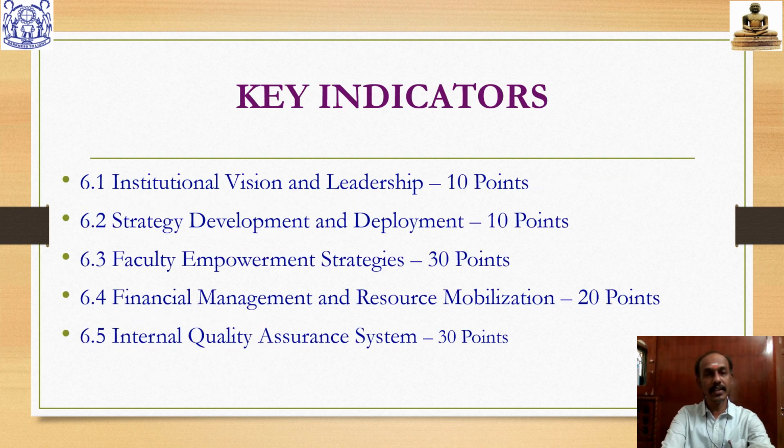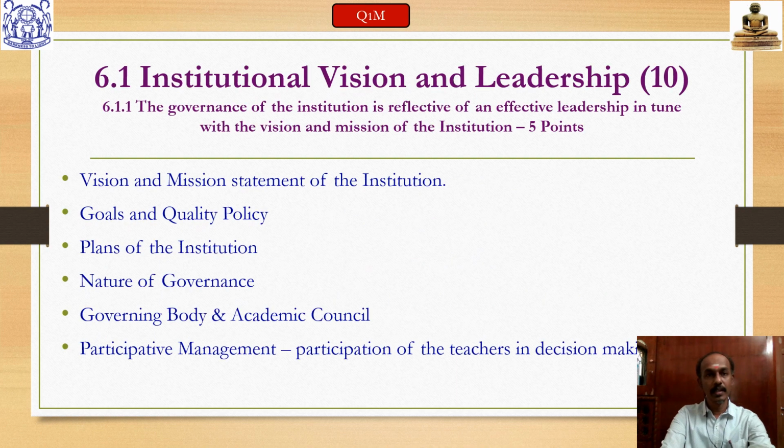So these are the 5 key indicators: institutional vision and leadership, strategy development and deployment, faculty empowerment strategies, financial management and resource mobilization, internal quality assurance system. So the first one, we are going to move on to 6.1, institutional vision and leadership, which carries 10 points, out of which the first 5 points go to